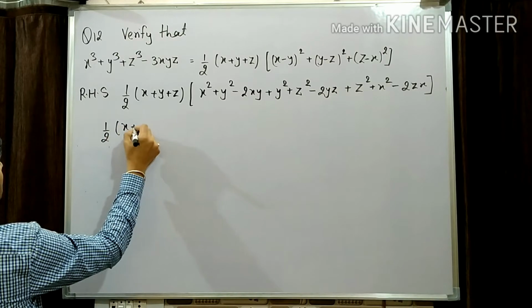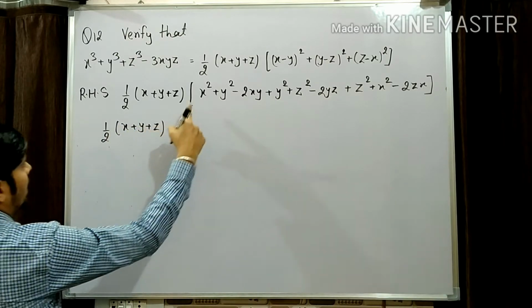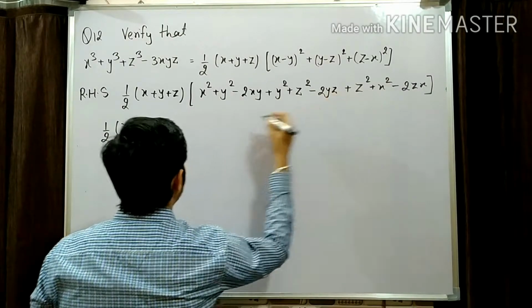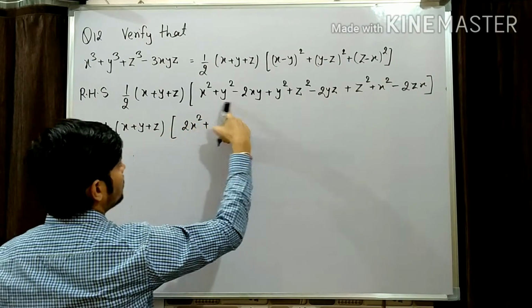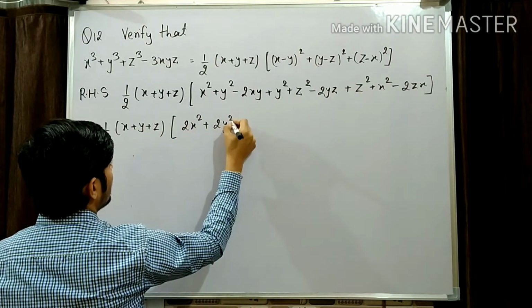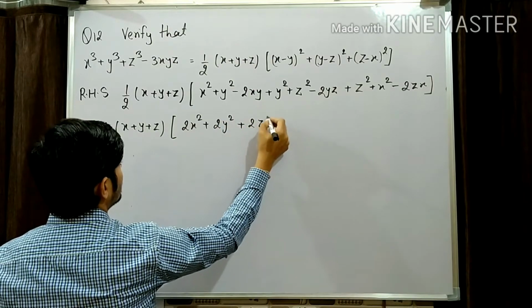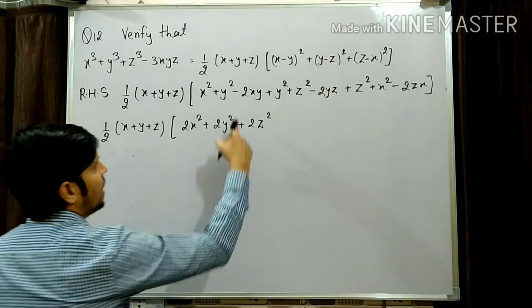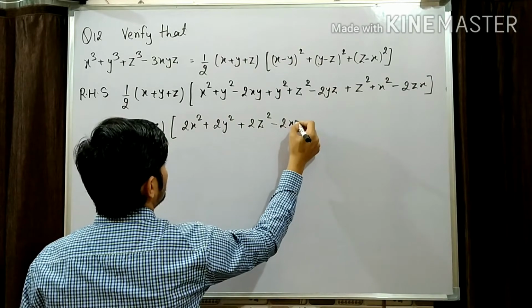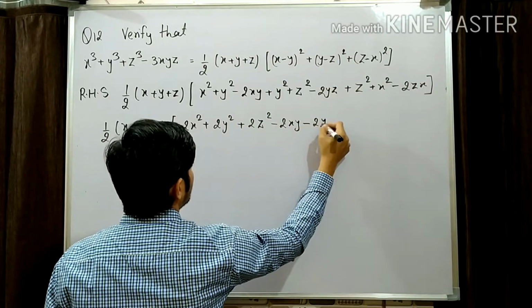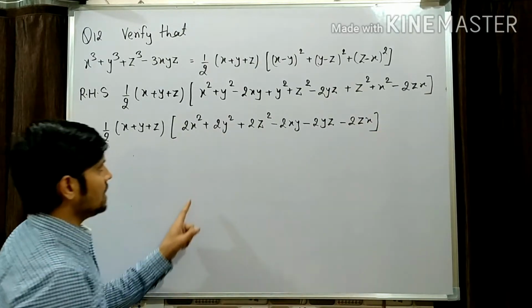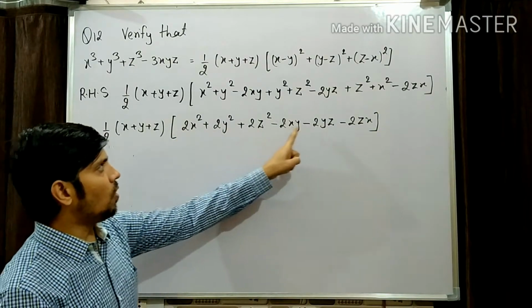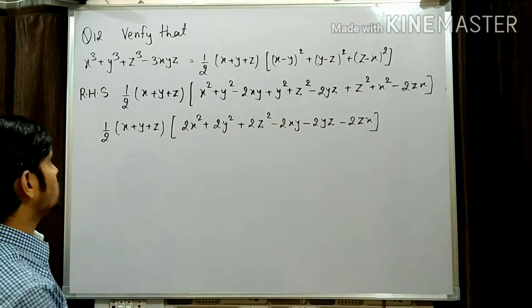Now what we can see here: x square and x square, twice of x square. Similarly, y square plus y square, twice of y square, and twice of z square. And the rest of the terms are minus 2xy, minus 2yz, minus 2zx. You can see here 2 is common in all the terms, so we can take 2 common from all